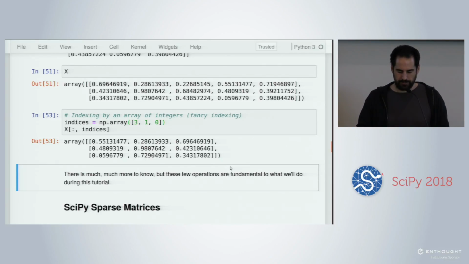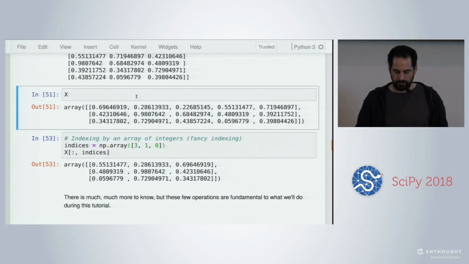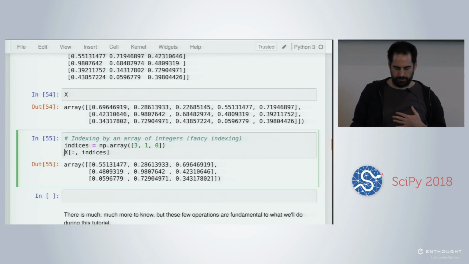This is the second axis, so this is the columns. So we are going to take the column number 3 (0, 1, 2, 3), first, this column here. Then the column number 1, then the column number 0, in that order. And we are going to extract a copy of x with those columns and ignore the other columns.